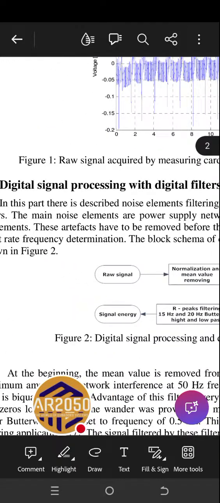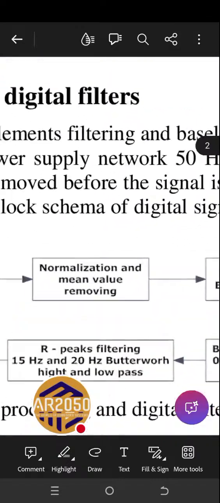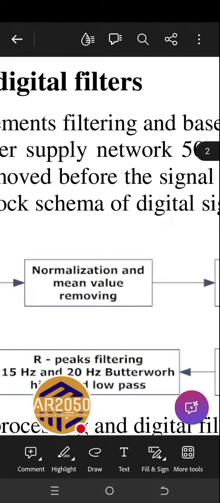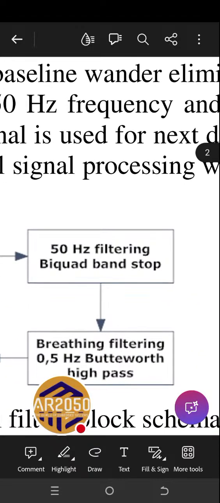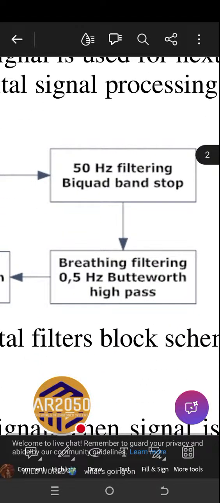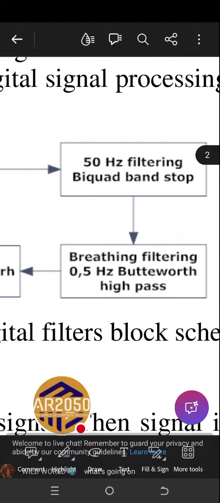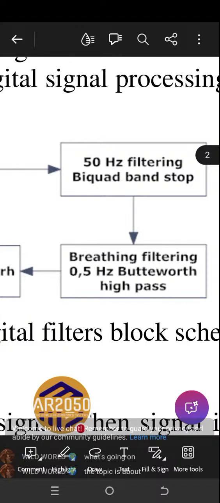The block diagram: they start with a raw signal, then normalize it and remove the mean value. This is the first step that you do with a raw ECG signal. After that, you filter: a 50 hertz biquad band stop filter, and then a breathing filter, a 0.5 hertz Butterworth high pass. These filters are most common when you work with heart related signals or any other